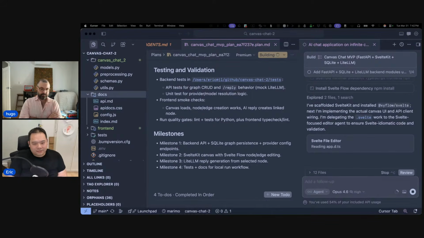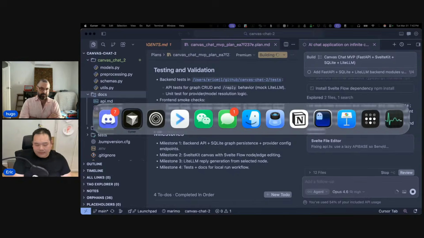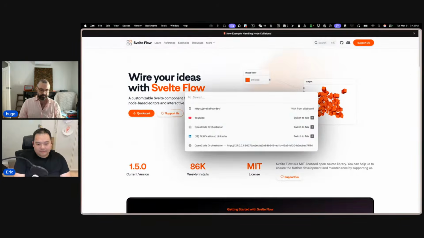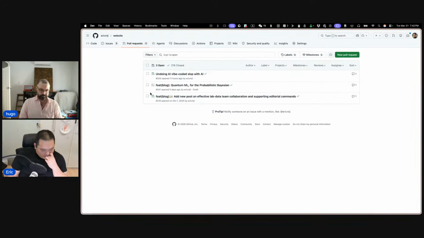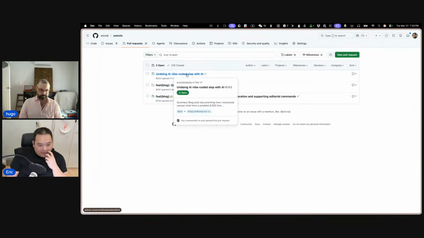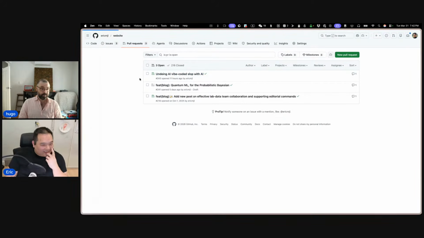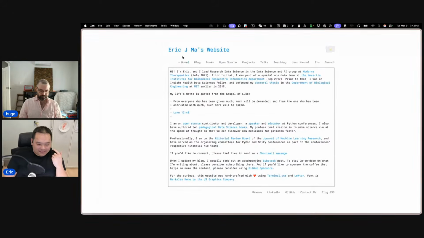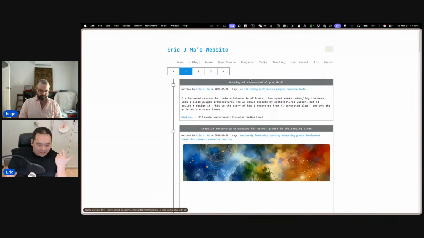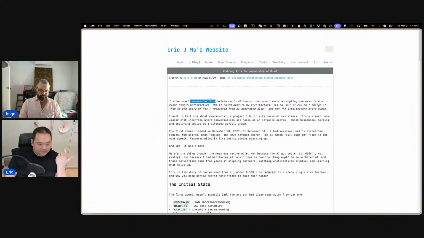working back old changes. While this is cooking in the background, maybe I can preview a blog post that's coming out. One of the blog posts that I recently put together is "Undoing Vibe Coded Slop with AI." That was my actual experience undoing a lot of slop that came with Canvas Chat, the first version. I Opus Maxed a lot of Canvas Chat, and